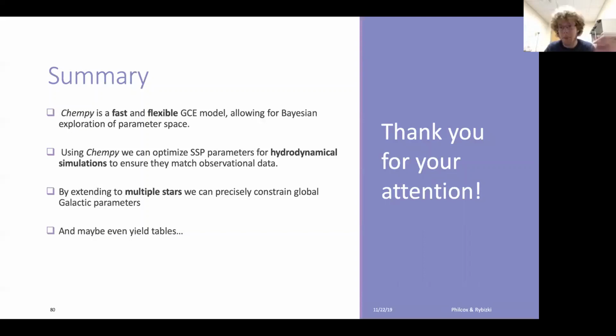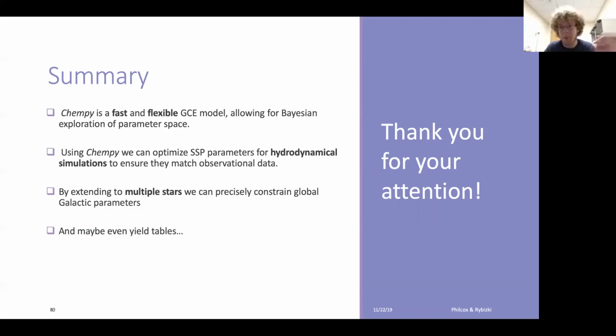Okay, so in summary, Chempy is a fast and flexible GCE model allowing for Bayesian exploration of parameter space, and we played around with it in this mathematical sense while being ignorant about nucleosynthetic yield tables. Then we have used Chempy and shown that it can optimize SSP parameters for hydrodynamical simulations and ensure that they match observational data.